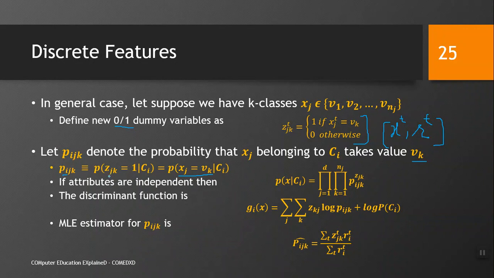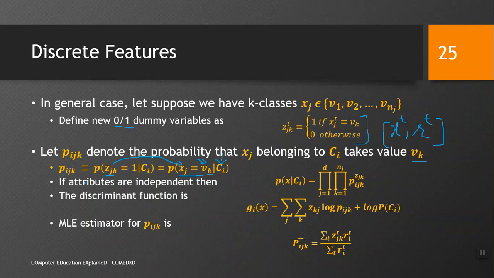This Zk is basically the Xj. It would be only 1 if Xj is equal to Vk, meaning the data that we are given belongs to the class, that is K class,